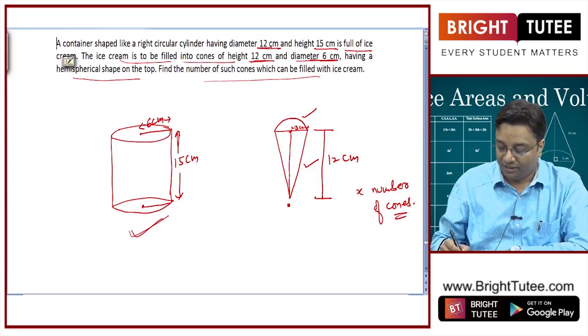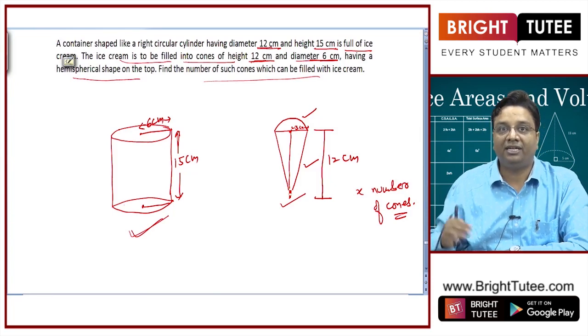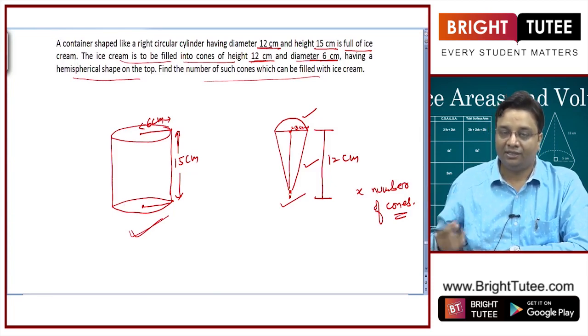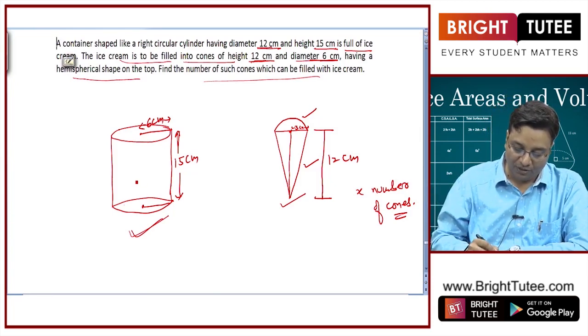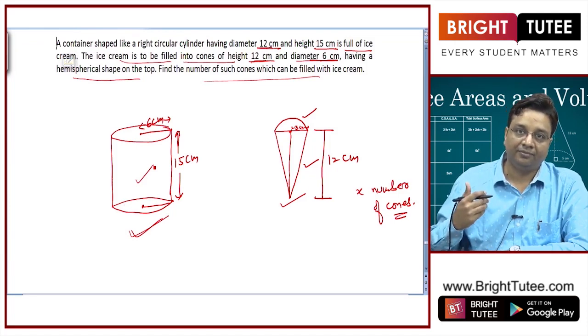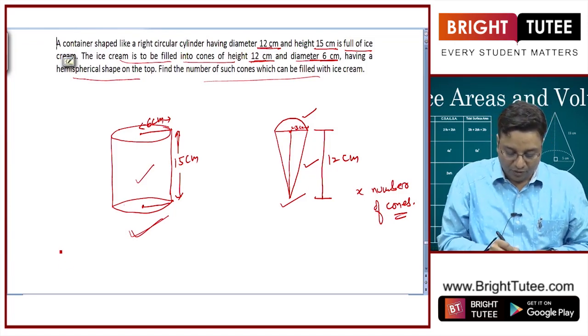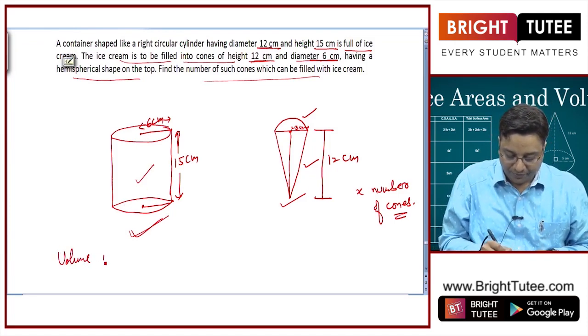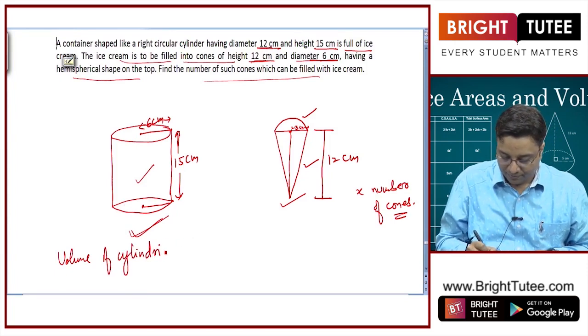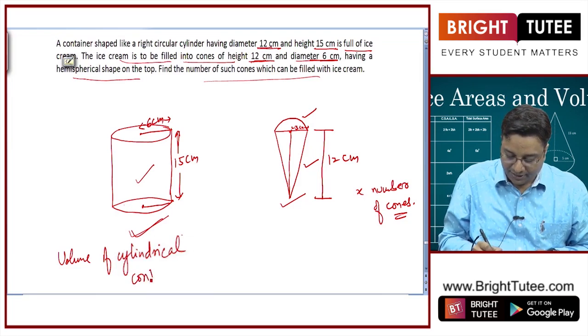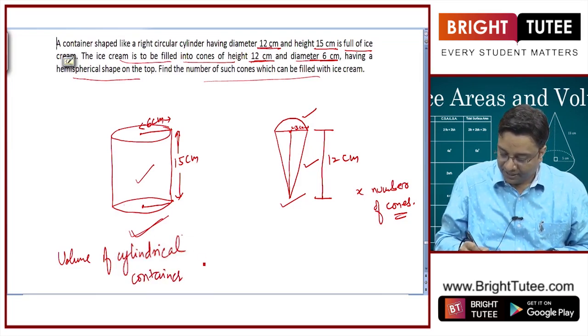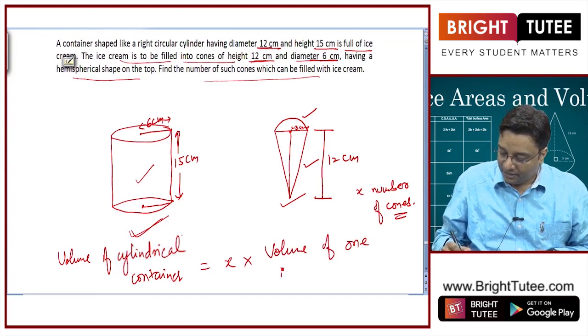So if I calculate volume in one cone and multiply it with x, this volume will be equal to the volume of this cylindrical container, right? So volume of cylindrical container is equal to x into volume of one ice cream